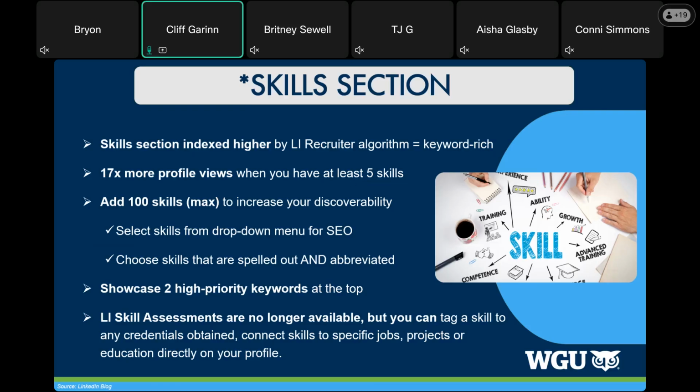Now, if you want to include all 100, make sure they're powerful, make sure they're going to get attention and that someone's going to read them. It can increase your discoverability, but don't include ones that are not relevant. It's better to have 25 super strong skills than 100 that are mediocre.